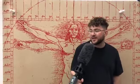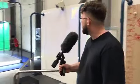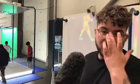As you can see, I haven't got the longest arms on the planet, but you could come in and beat the record. So moving on from this, our second activity is a thermal camera. Now the thermal camera, as you can imagine, is a really fun activity as it shows you the temperature in your body. So it's really fun if you look at your thermal camera before you do the activities and then once you leave the exhibition,